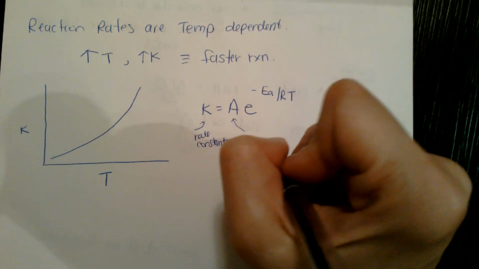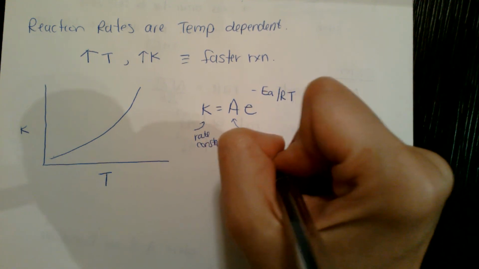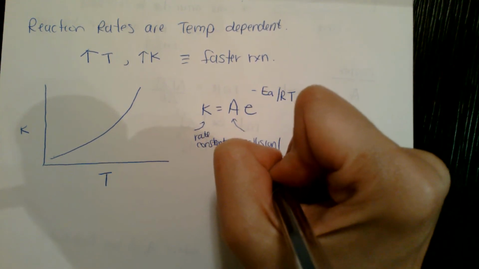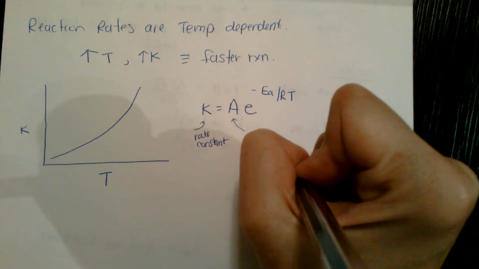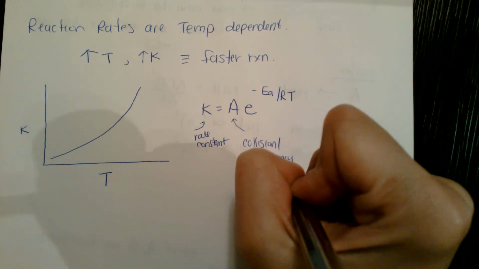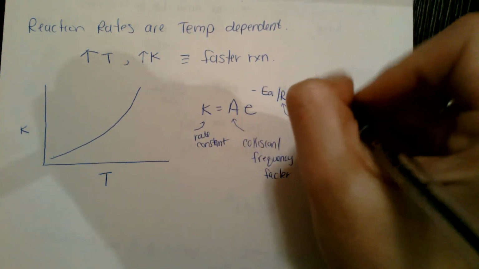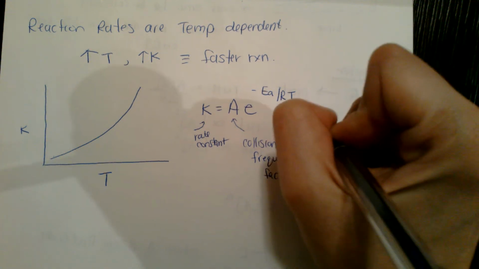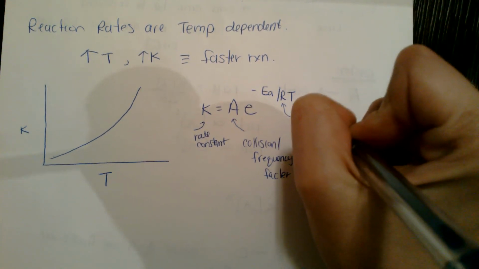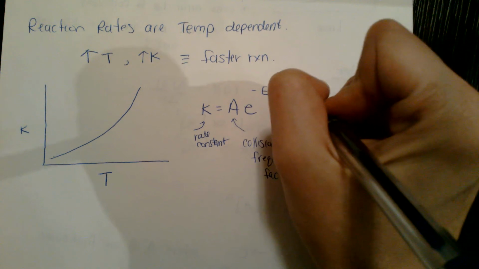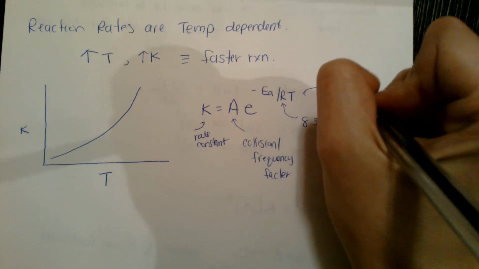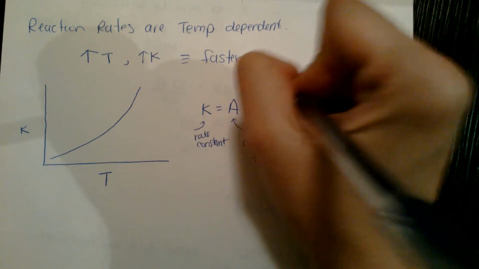A is a collision, or what we call frequency factor. R is the energy gas constant, or 8.314 joules per mole Kelvin, and T is the temperature in Kelvin, with EA being our